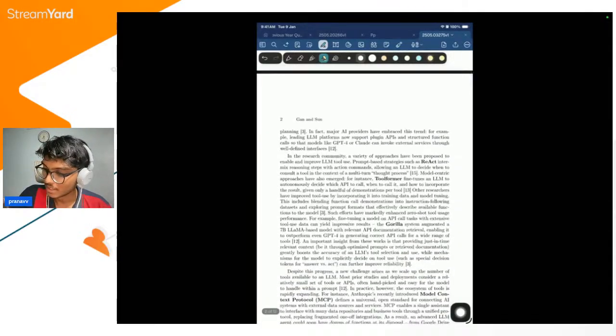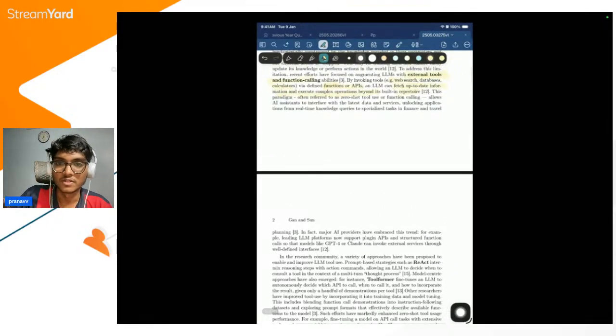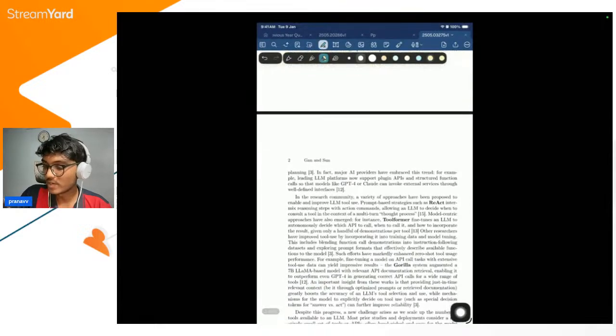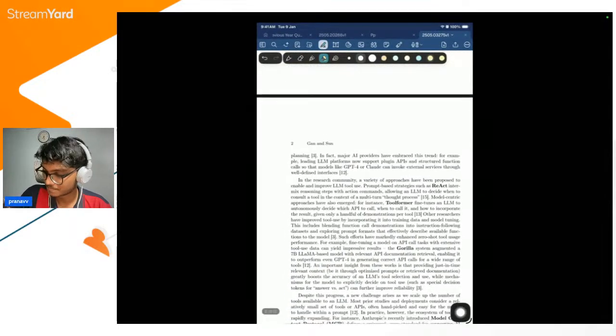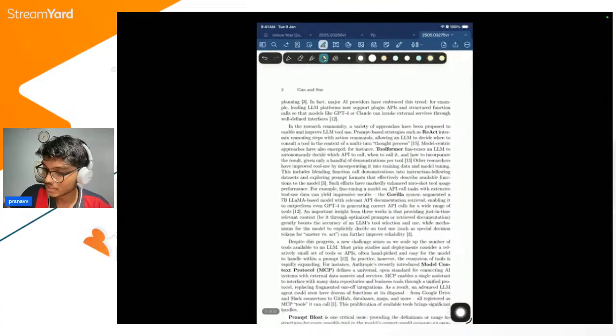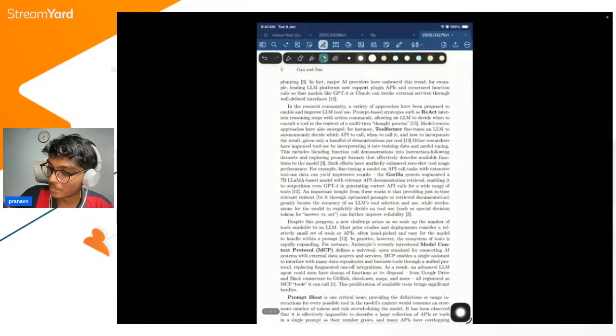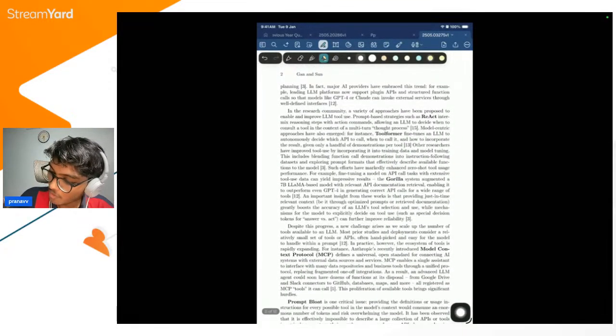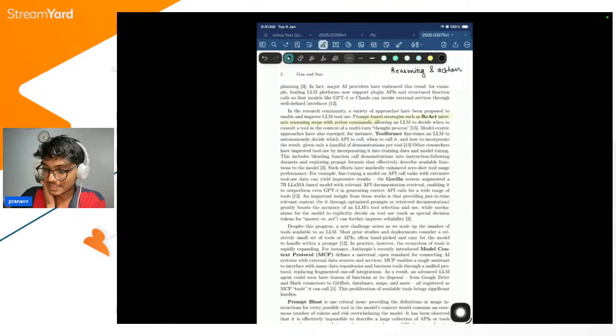So it's just saying that with tools and functions we can bring up-to-date information to LLMs. Moving forward, in the research community, a variety of approaches have been proposed. Prompt-based strategies like ReAct, which is a very well-known strategy. It stands for reasoning and action. Fine, and it's just like how you create prompts that allow the LLM